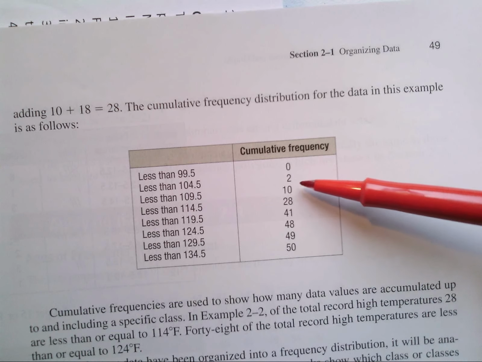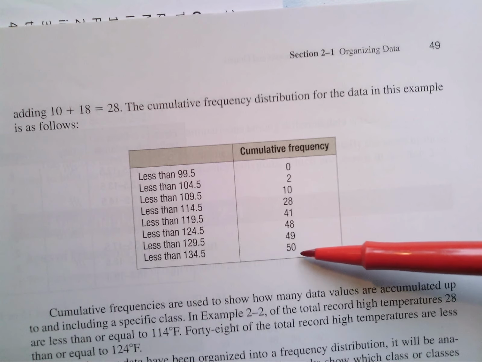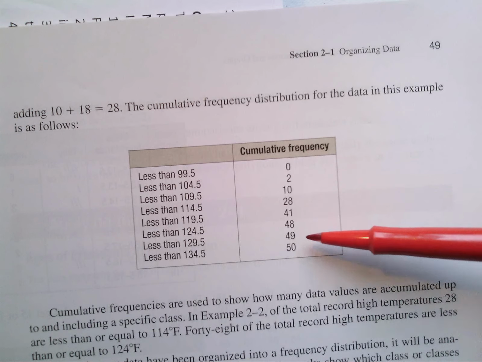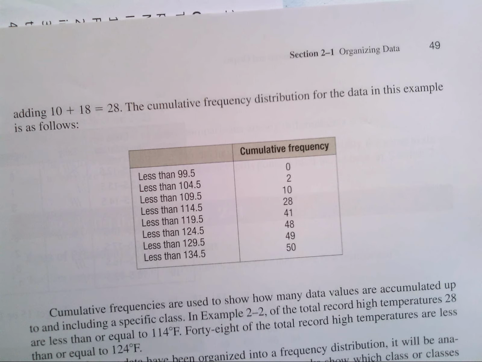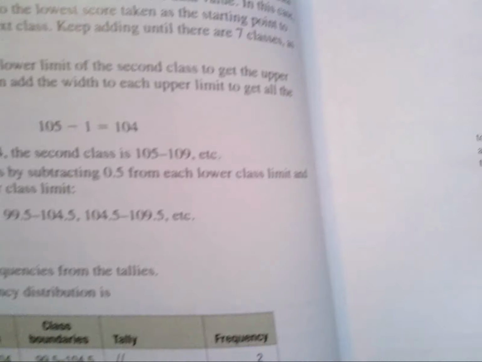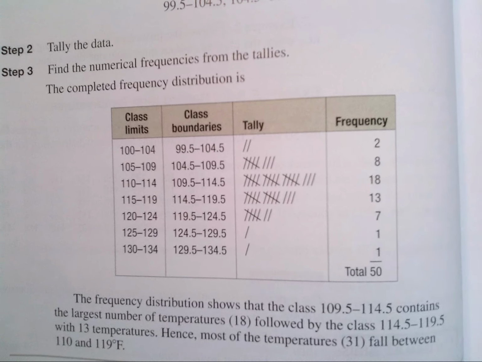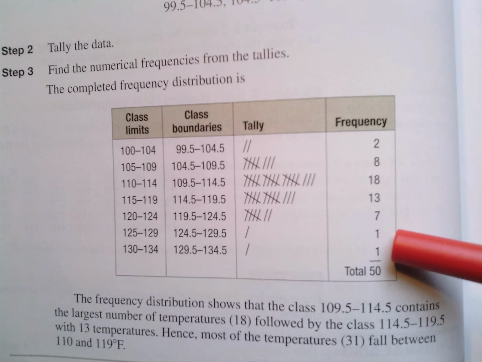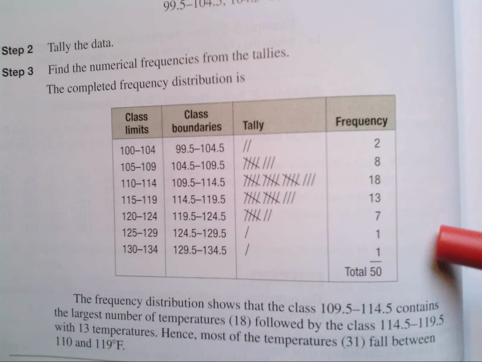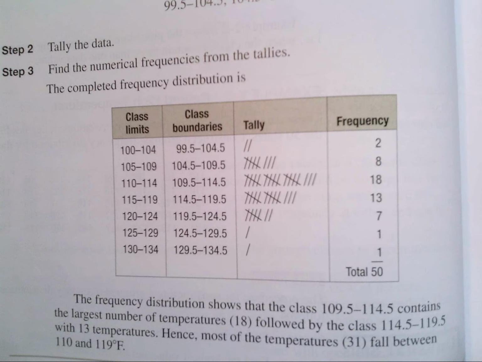And then we keep our cumulative frequency, our running total, as we work up until we reach the very end when we have 50 of them. Now, this cumulative frequency will be important for a certain type of graph we use later on. But for now, what I want you to think about is, moving the book again, the only thing I'm going to do is I'm going to take the frequency column, and I'm going to add one more column after it called cumulative frequency, or cum-freq,